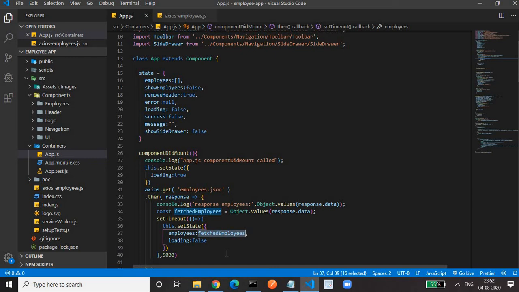And for showing the loader in between, while the request is being processed by the server and the response is returned from the server, in that time gap I want to show the loader. For the loader, I have used the loading property in the state, which is initially false. Whenever we call any API, we make this loading property true. When our API gets finished, then in the then block, we have to set loading to false.